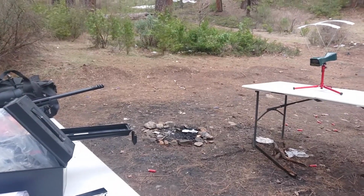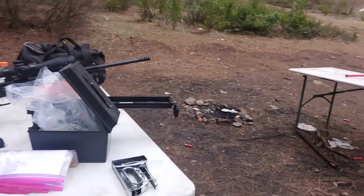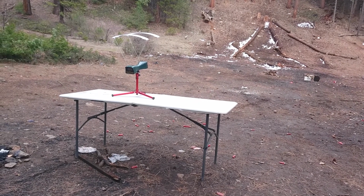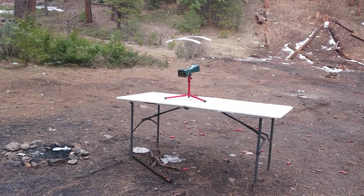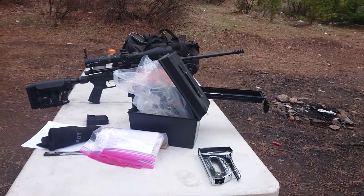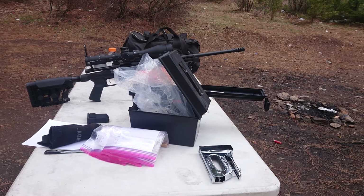So I'm out here in the woods of Pollard Pines again today, and I'm testing my first ever reloads for the 6.5 Grendel. Got my target set up at approximately 75, 80 yards-ish, maybe 100, I don't know. I got my chronograph that I just got. I'm testing that for the first time, and it's actually giving me numbers, so I'm pleased with that. And then I'm just testing some factory Hornady ammo right now to kind of establish a baseline and see